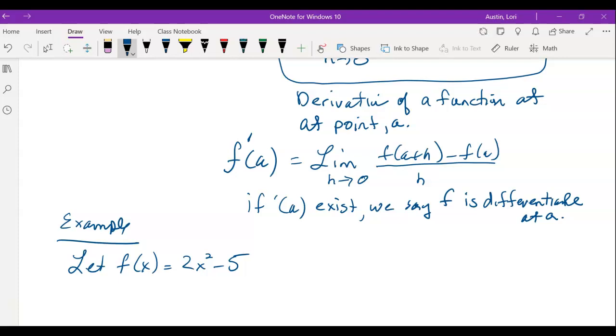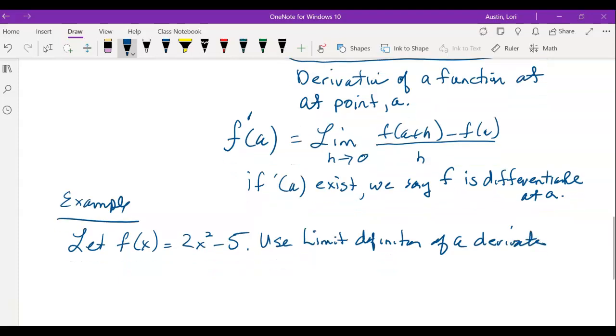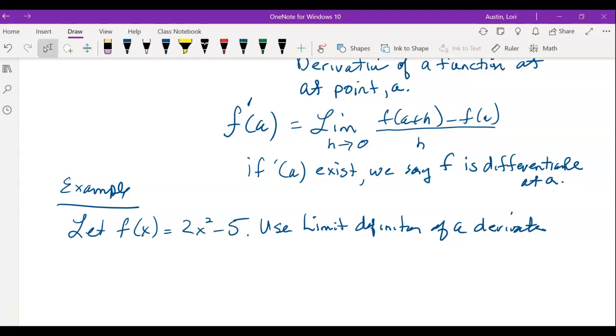This one's not too bad. So we call this the limit definition of a derivative. So anytime you see the words limit definition of a derivative, you actually have to use this formula. So we are going to use the limit definition of a derivative to compute,